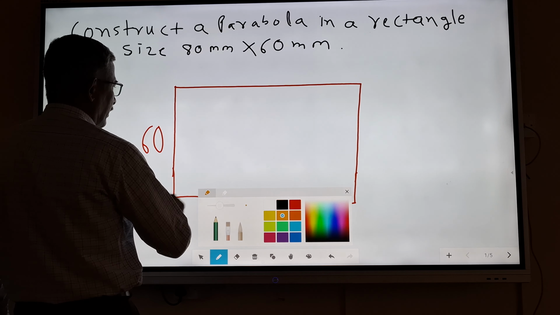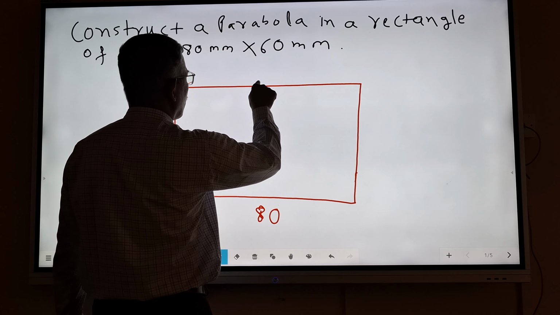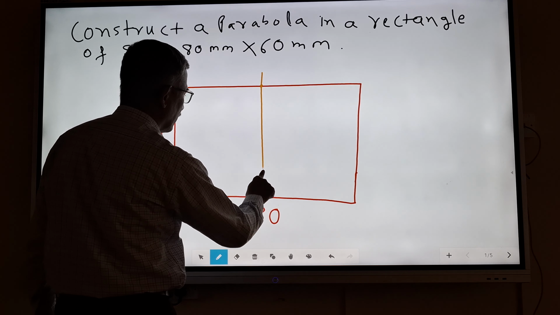draw one vertical line passing exactly through the center. Draw one vertical line passing centrally.